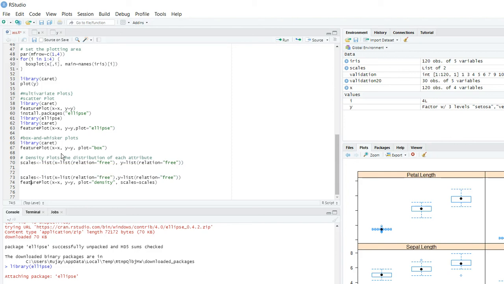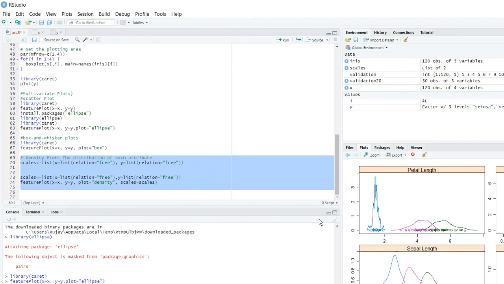Same function, because for selected features we are doing that. So feature plot, here you can initialize x. Now the syntax is same, only these two parameters, plot and scales, are added. So plot is equals to density and scales is equal to scales, that is the variable in which we have copied this. Okay, if I execute it,